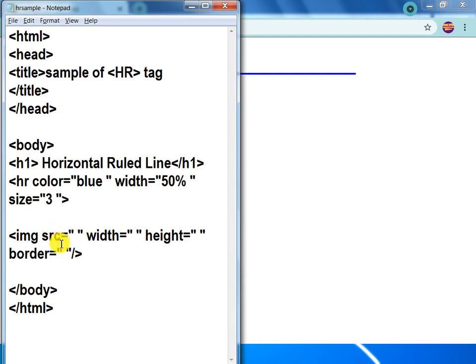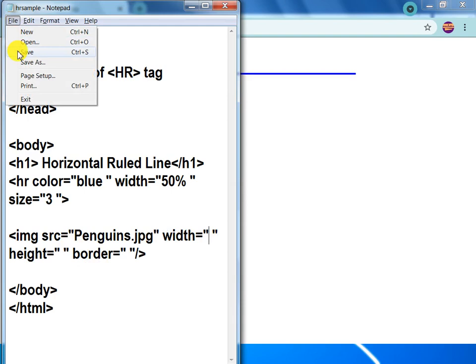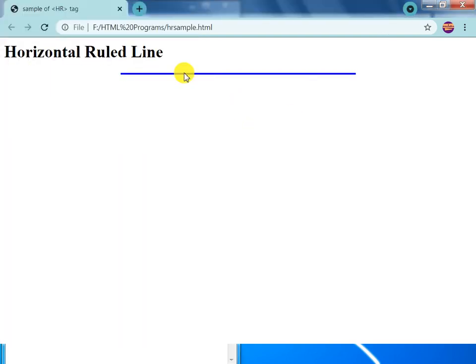Now you have to apply the values for the attributes. First of all, src: paste the file name of your image and give the JPG extension. Next, apply the width. First of all, save this file and we check the output, how it displays.